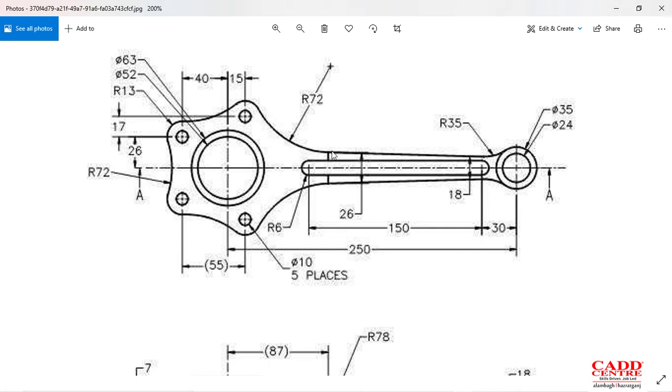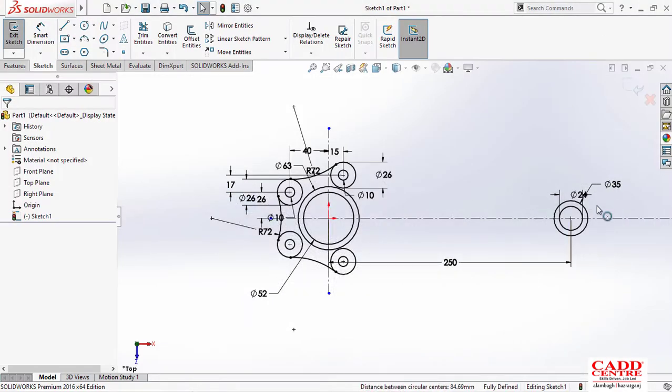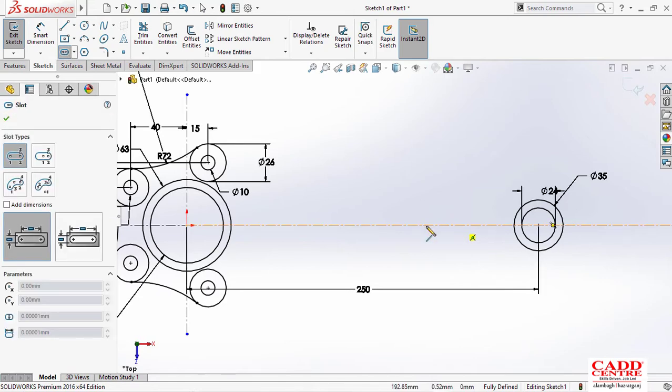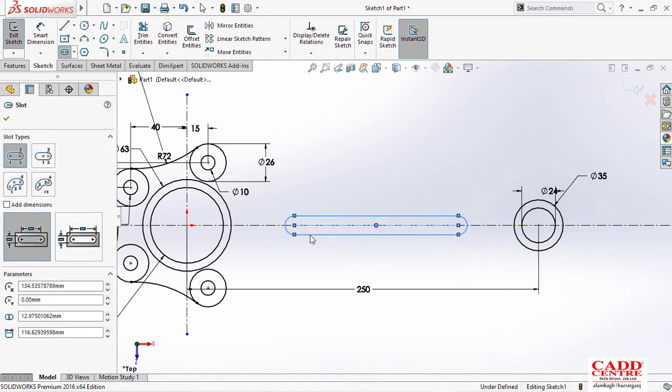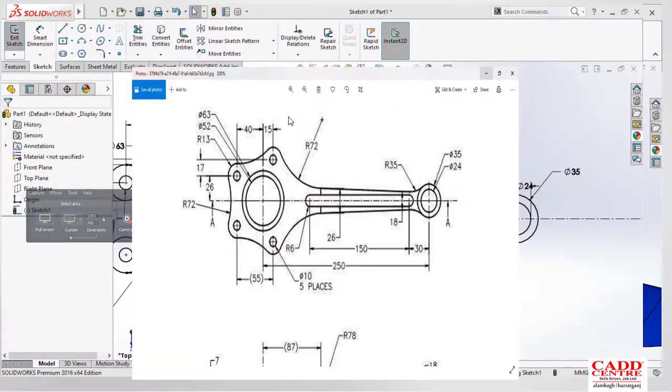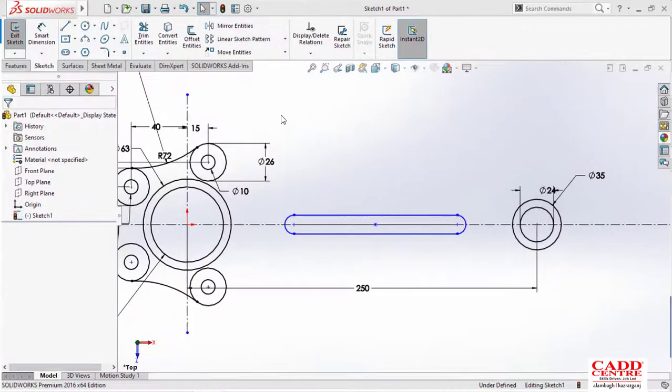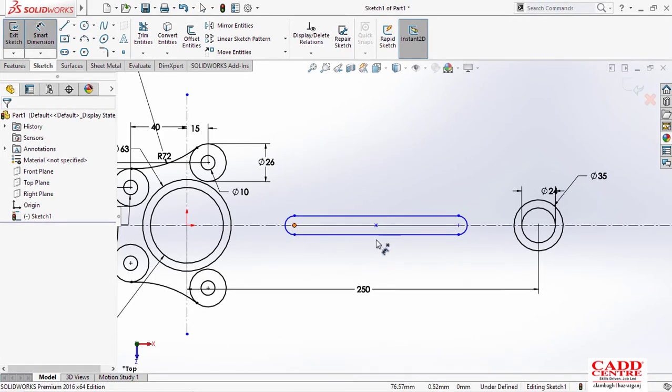So I have to just make this arc, but before that let me just draw this arc as they have given, and before drawing that also I'll just see that they have given the one slot which is having the radius 6 and having 150 center aparts and 30 from this. Okay, so they have given the 30 from this, so I'll just draw one straight slot from here to here, and they have given the center to center distance between these two is 150, so I'll just give the 150 here to here, it will be 150.